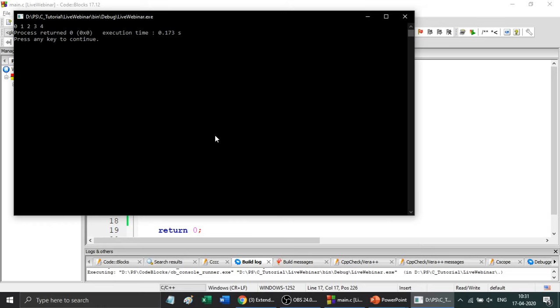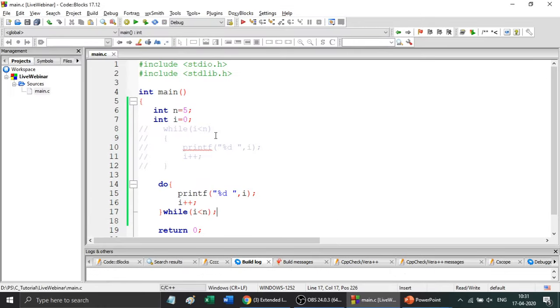So the major difference between while loop and do while loop is not with the true condition. If the condition is true, both will execute in a similar way. There is no difference. If the condition is false, there comes the difference. So what will happen if the condition is false? Let's execute this program by commenting this do while loop now, and then